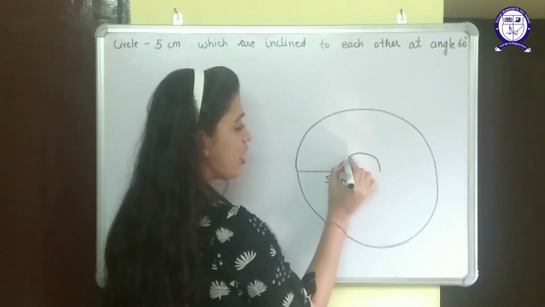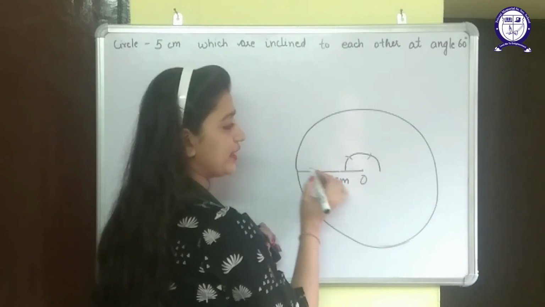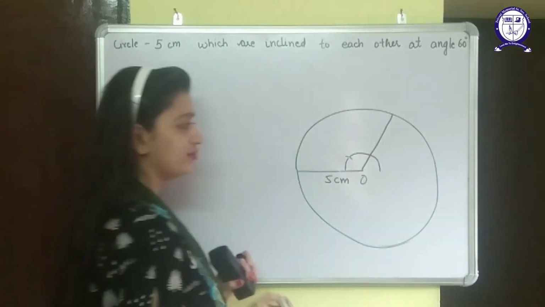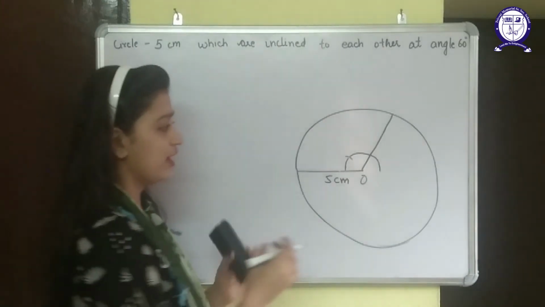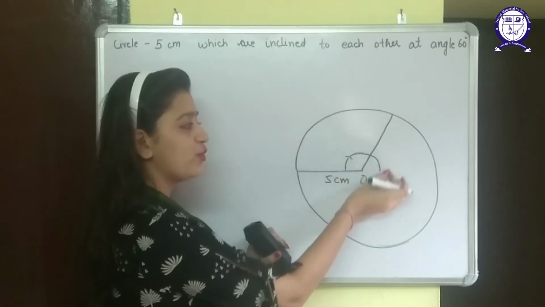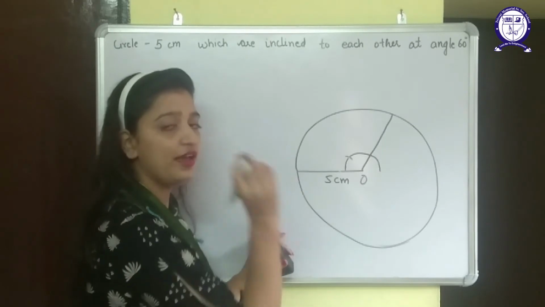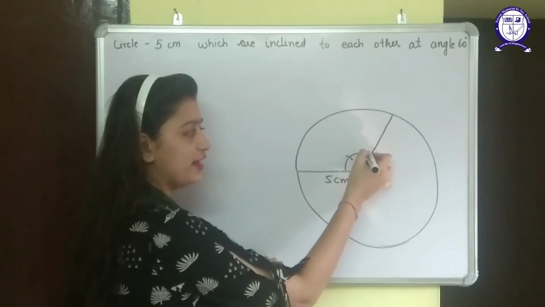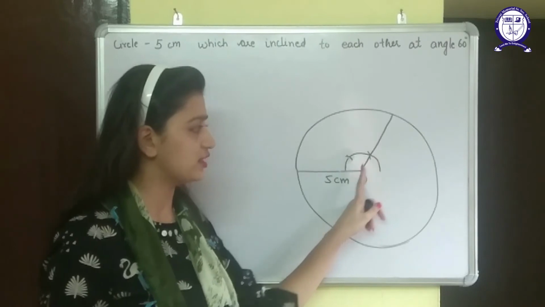Then from this, draw an arc of 60 degree. Then with the same radius, draw 120 degree. And then draw this. Okay, making the angle of 60 and 120 is the easiest part. Draw an arc like this, or you can say draw a small circle like this and draw this arc with the same radius. Okay, so opening the compass with the same radius, make an arc of 60 degree and then 120 degree and join these point O and this cut.